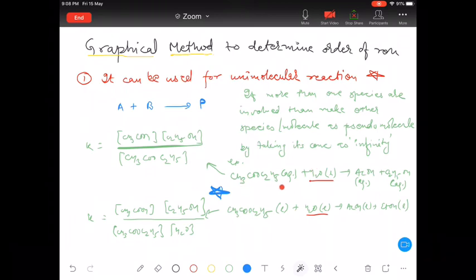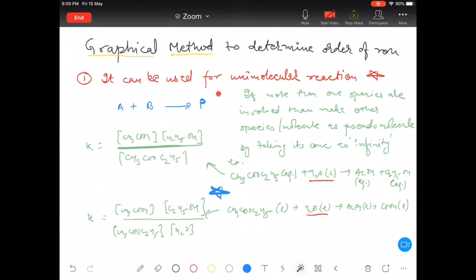Consider one drop of this ester I have placed in one bucket of water, or 10, 20, 30 liters of water. Means concentration of water is almost infinite in comparison to concentration of ester. So here I have considered it as pure liquid, while here I cannot do that. Here limited amount of water I have taken. So what I have done here, I have just made the concentration of water as infinite, so its active mass will become 1. Simple as that. The same thing I can do here.